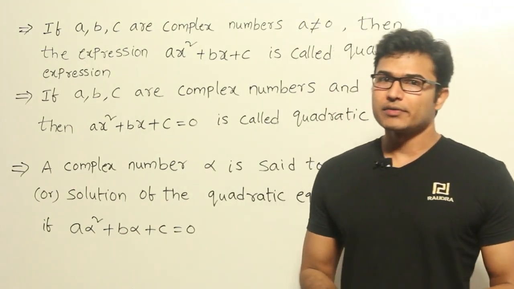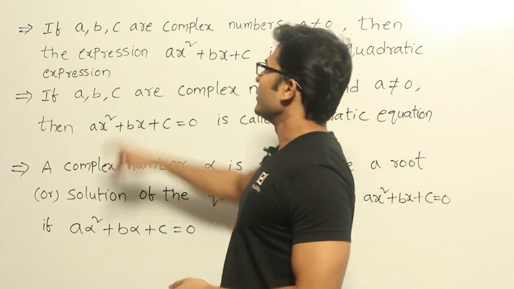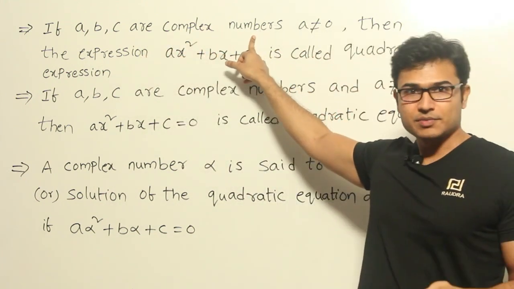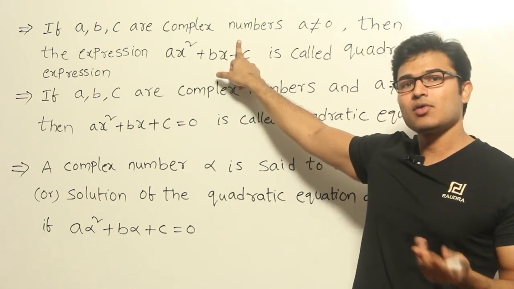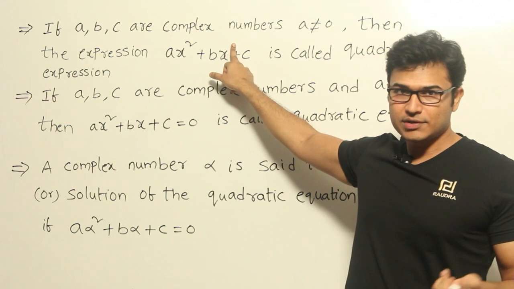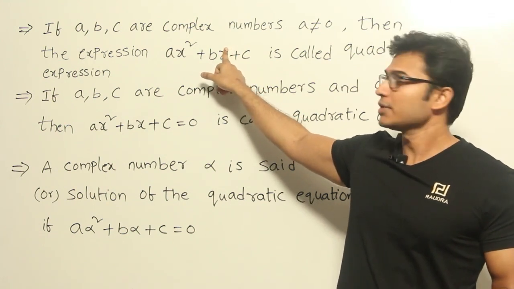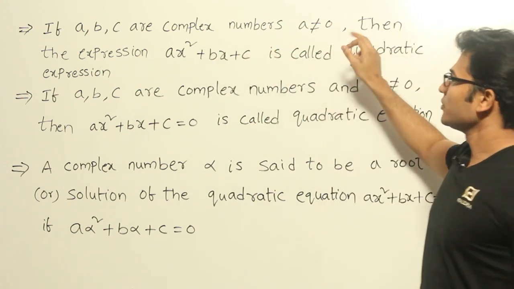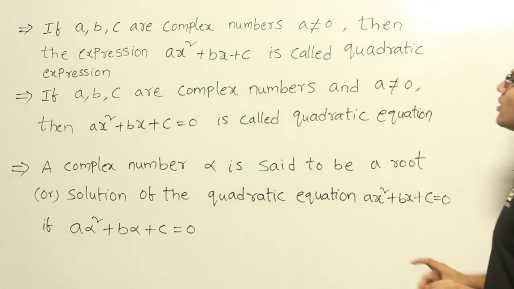Let's see about quadratic equations. I'll just show you the definition here. If a, b, c are complex numbers, so complex numbers means the numbers can be real or imaginary or a combination of both of them. For example, it can be of the form a plus ib, where i is an imaginary number, right? Now, complex numbers a not equal to 0, then the expression ax square plus bx plus c is called a quadratic